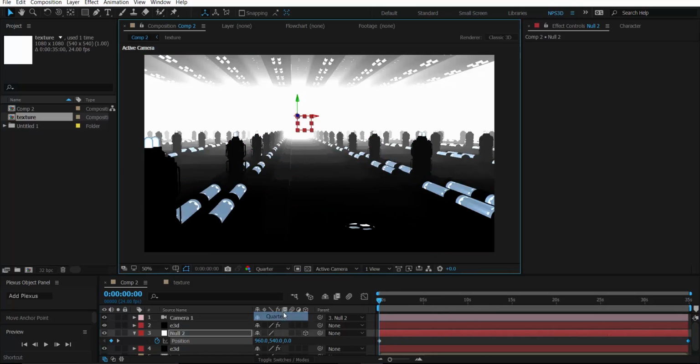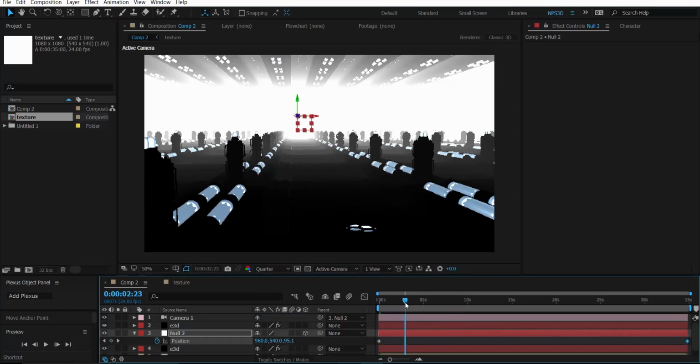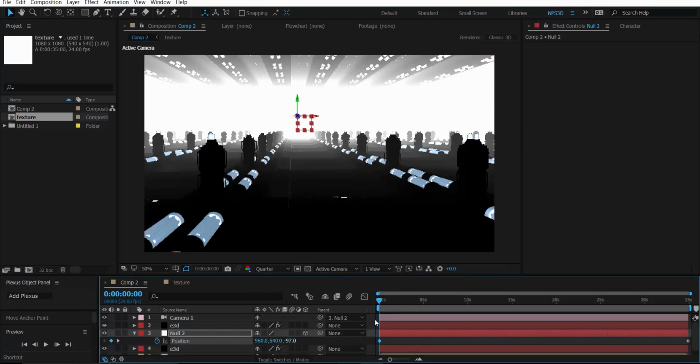So if you go inside the quarter resolution, we can see it's moving. Fine, so we can also increase or decrease the speed according to our choice. So this is a good starting point and we are just moving up. Now the next step is